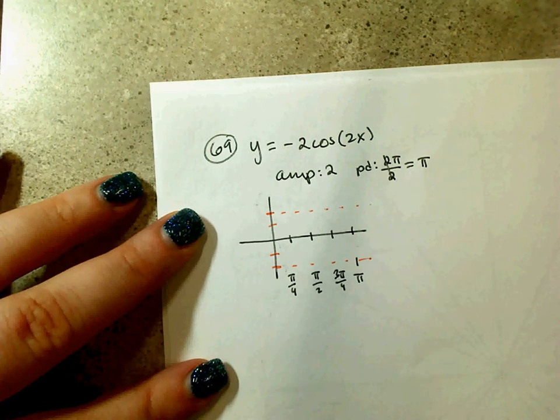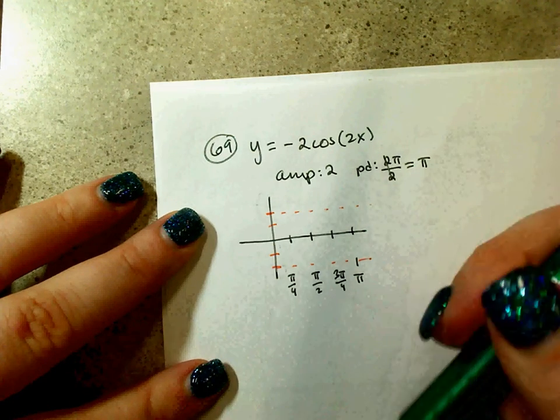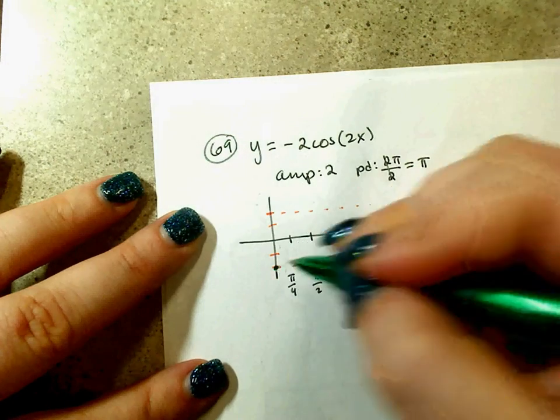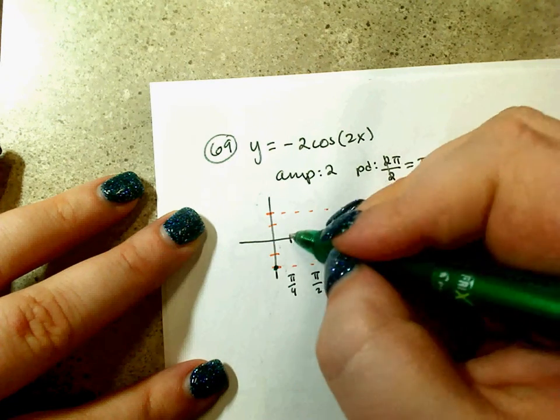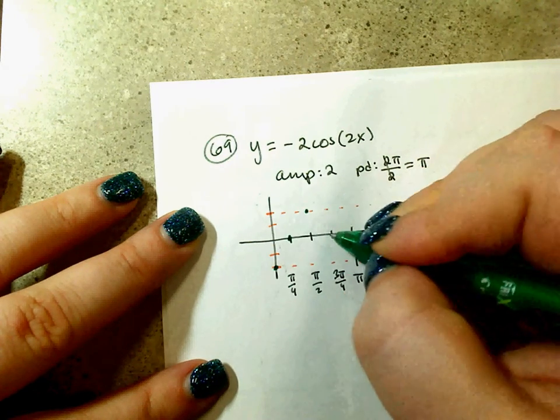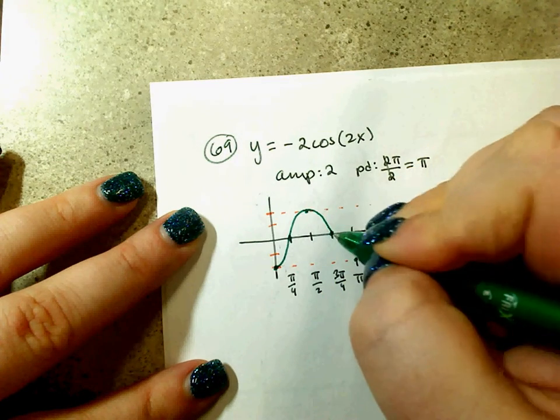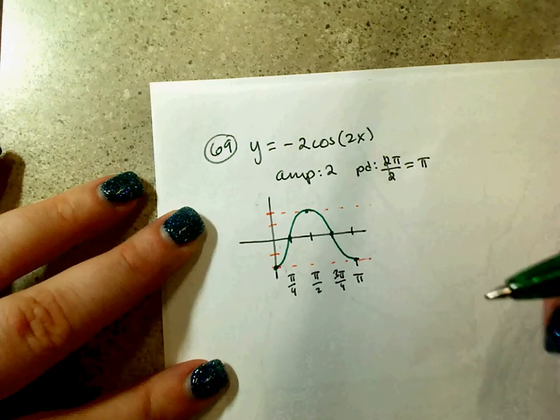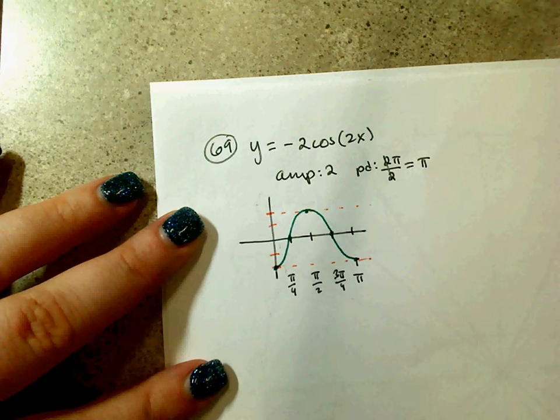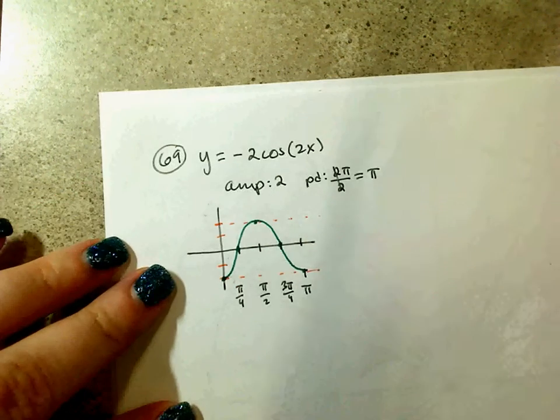It is a negative cosine wave, so it will start at the minimum, midline, maximum, midline, minimum. And so your wave should look something like that. Okay? Number 71